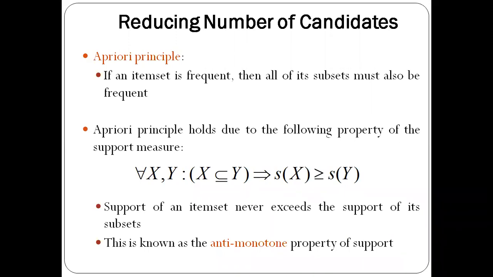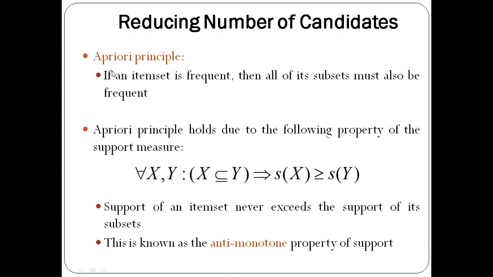Ultimately, my aim here, in the case of association rule mining, is to find the association rules which have high confidence. If you want to generate high confidence rules, then in the previous step you need to generate the frequent item sets. In frequent item set generation, if you have more candidate item sets, it will be computationally expensive. So in order to reduce the computational complexity, for the generation of candidate item sets we follow a principle called the apriori principle. I'll give you the definition now.